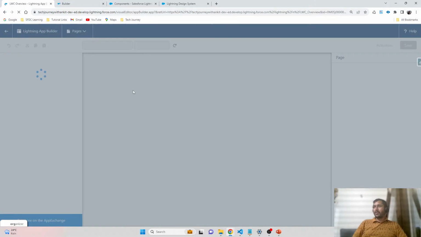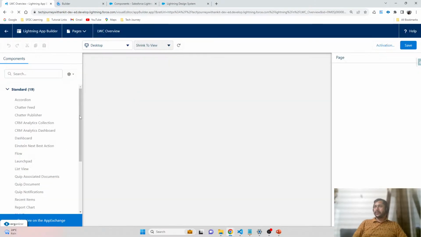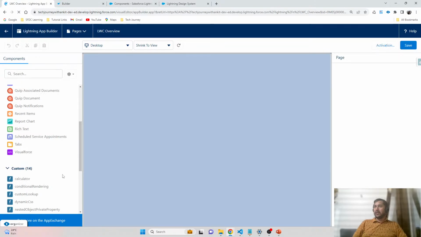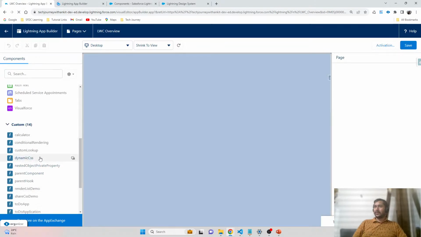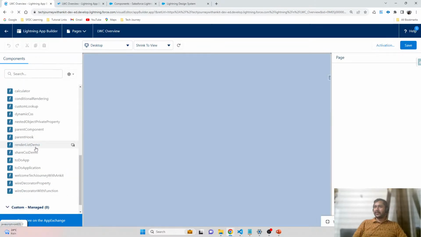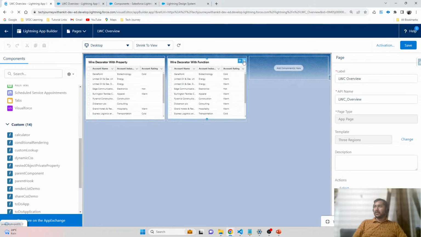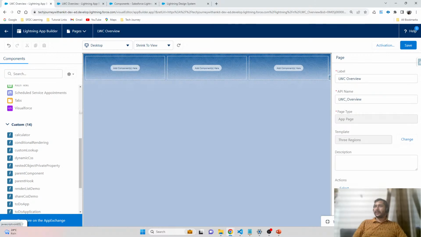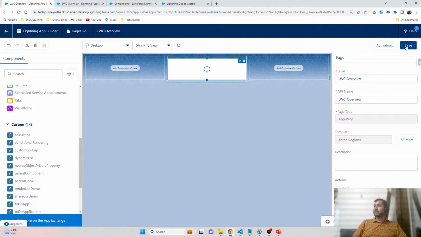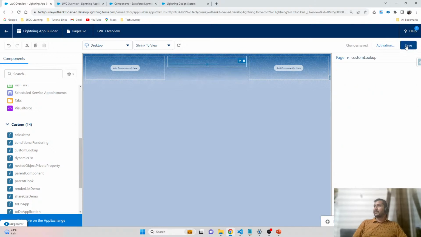Okay, we got this here. Now let me go and add the component. So our component name here is custom lookup. Let me remove all these components from here. I'm just dragging and dropping this component, clicking on save